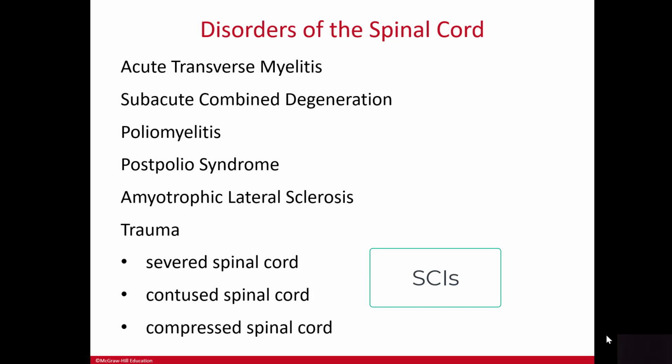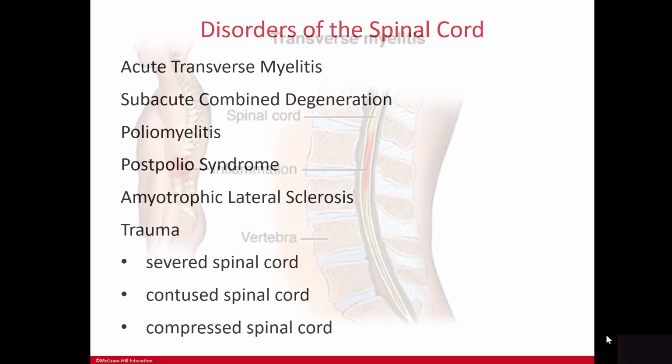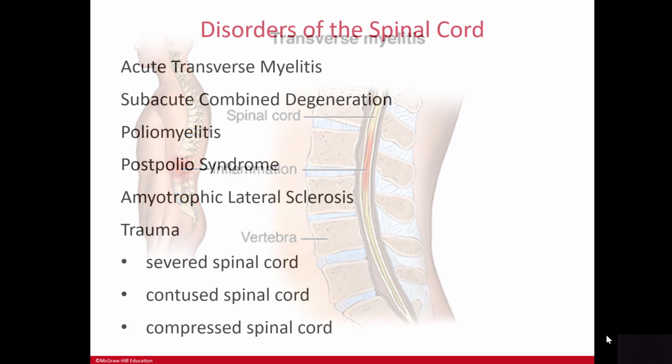Spinal cord injuries, or SCIs, are more common in males than females. Cord compression can be caused by a herniated disc or a tumor in the spinal canal. Cancer or osteoporosis can also cause the vertebrae to collapse and compress the cord. Acute transverse myelitis blocks transmission of impulses up and down the spinal cord. Risk factors for developing acute transverse myelitis include Lyme disease, syphilis, tuberculosis, and IV drug use. Symptoms and signs include loss of sensation, muscle paralysis, and loss of bladder and bowel control. It has no specific treatment, and most people recover completely.